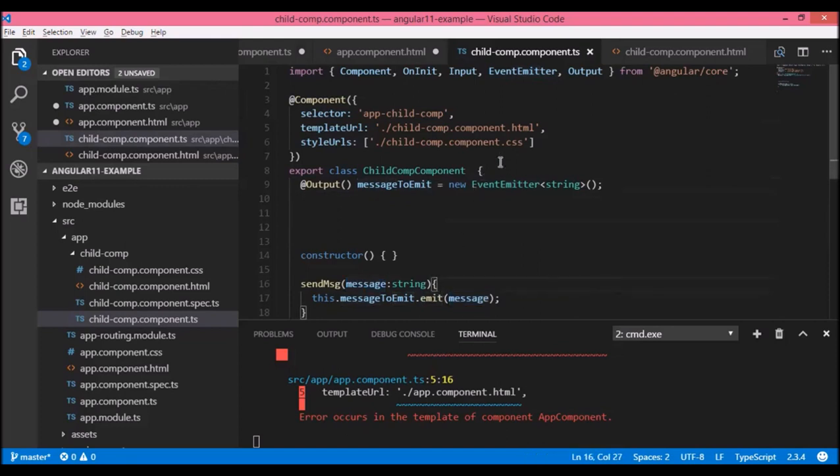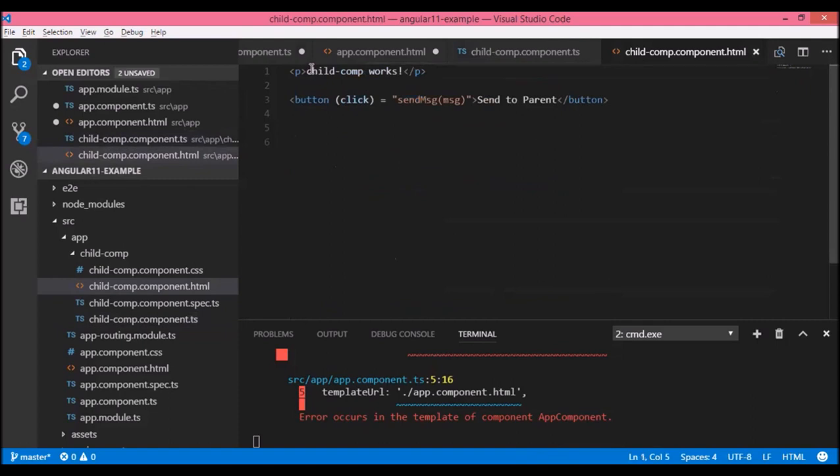This message would be defined in my child component. Here I can define this message, or I can define this message in my TS file. Suppose I want to send the message from the HTML of this child component to the parent component.